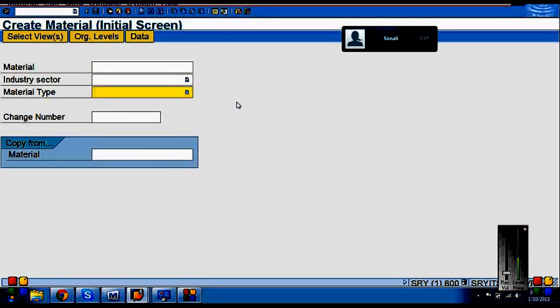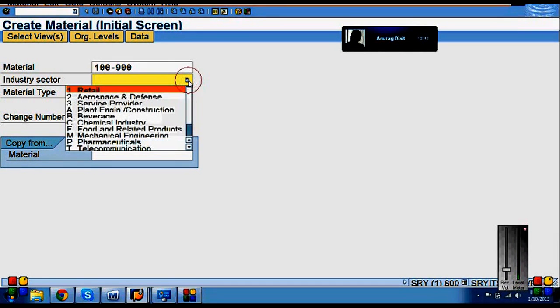We can copy the same material type into others. 100-900, industrial sector.